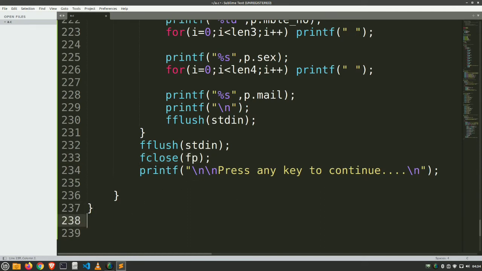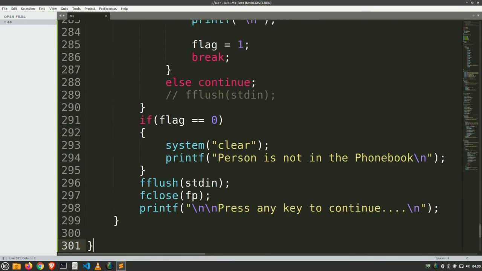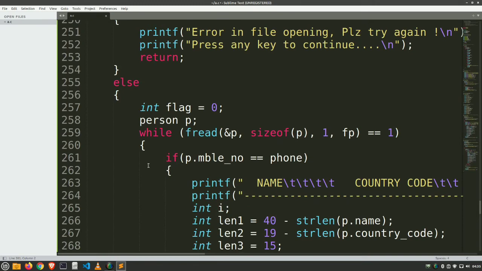After listing, what we are going to do is head out to our next function. Our listing is done. Then let's move on to searching in that list. So here it is. Here is our search function.